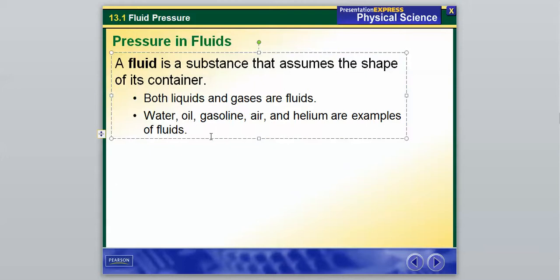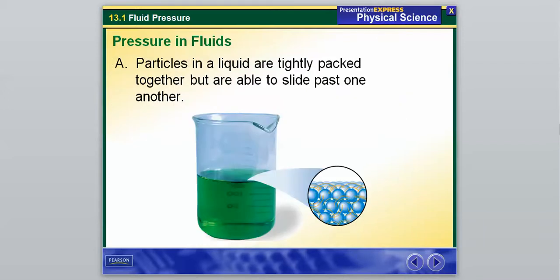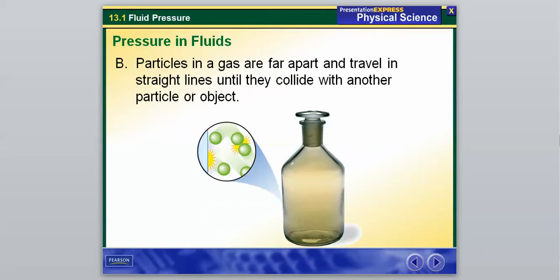Again, any other gas or liquid you can think of could be classified as a fluid. Our next part is just a little bit of review on the particles, and we talked about this in our states of matter way back at the beginning of the year. Particles in a liquid are more tightly packed together, but they're able to slide past one another, whereas particles in a gas are going to be more far apart, and they're going to travel in straight lines until they collide with another particle or an